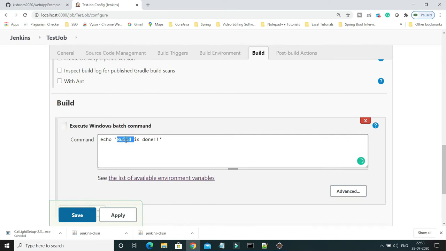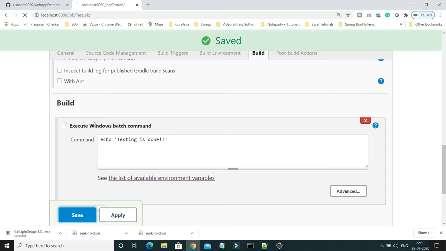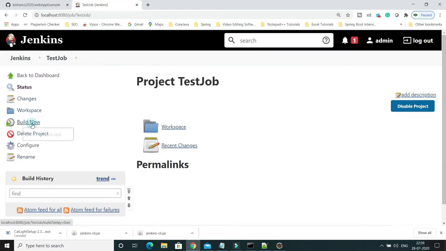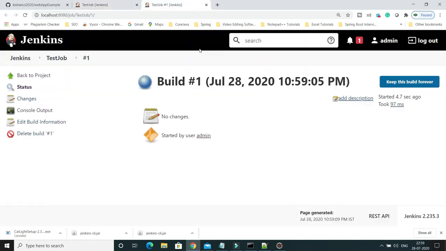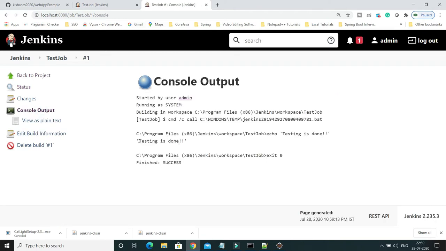So I'll say testing is done, right, and apply, OK. And let's run this job at least once to make sure that it is working perfectly fine before going for the continuous delivery pipeline. So here you can see the output saying that testing is done.